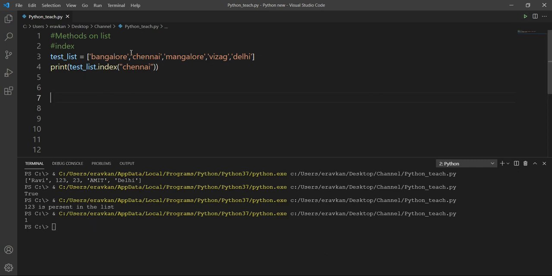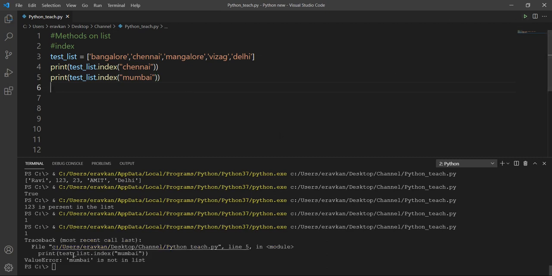Chennai is present at position 1. One thing: if you give a value that is not present in your list, suppose I give Mumbai, then you will get a value error because Mumbai is not in the list. You have to handle this error in your code if you use the index method.